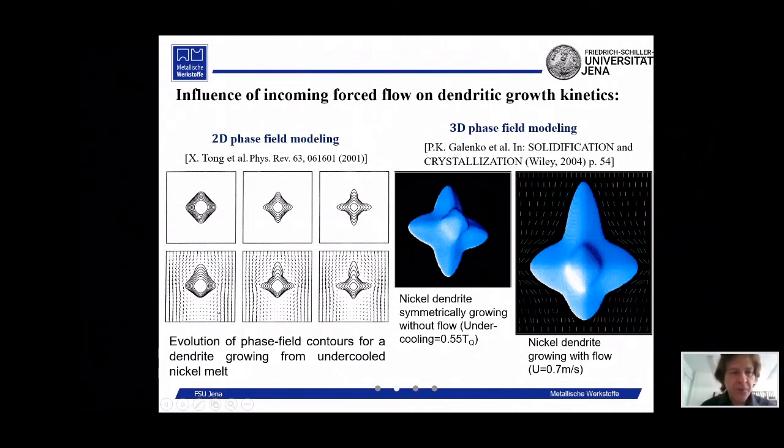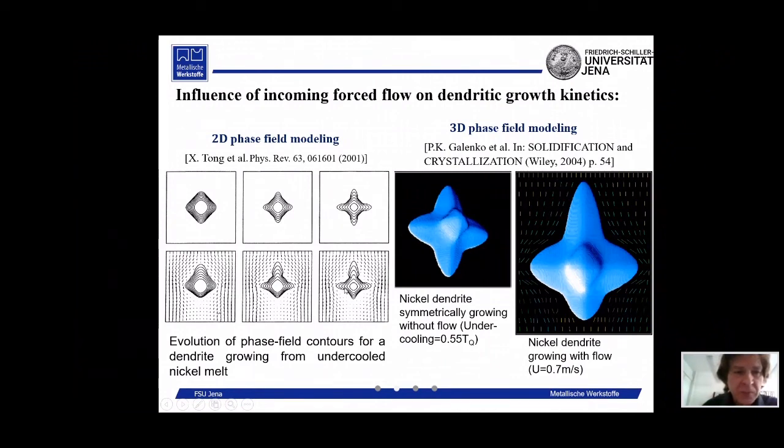So in the case of solidification in stagnant melt, we have a symmetric pattern developing in the preferable crystallographic directions of growth. However, if we impose the stream at the top boundary of the computational domain, we have a flow here, and we can see that the upward branch develops faster than other ones. The upward branch develops faster than other ones in all cases of modeling, in all cases of